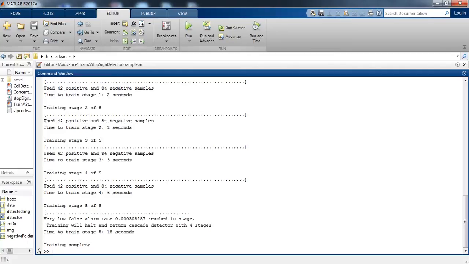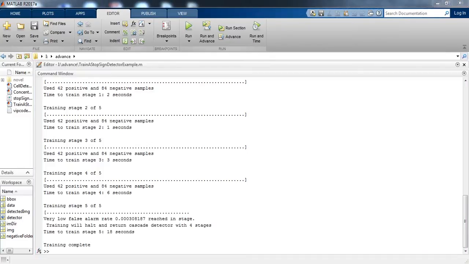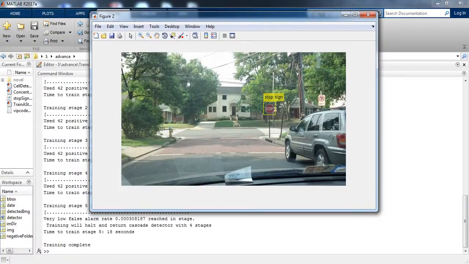The training was completed, and it gave us the figure which was detecting the strobe sign and giving us the message that this is the strobe sign. You can see here it is detecting it with a rectangular yellow box, and in the yellow box it is giving us the message strobe sign.